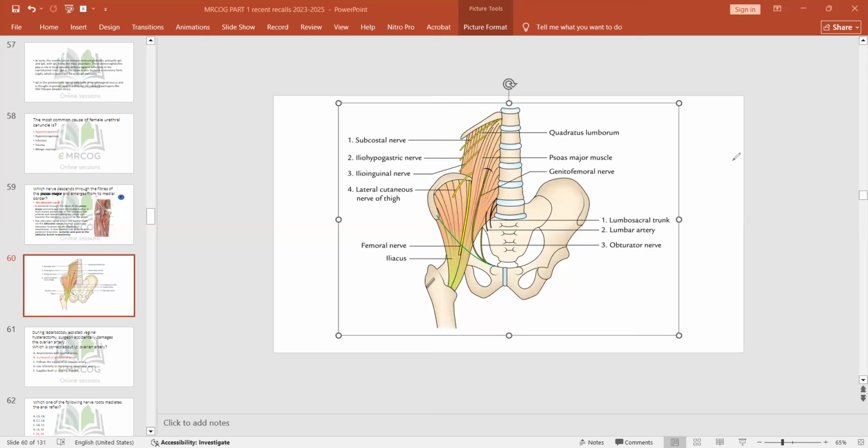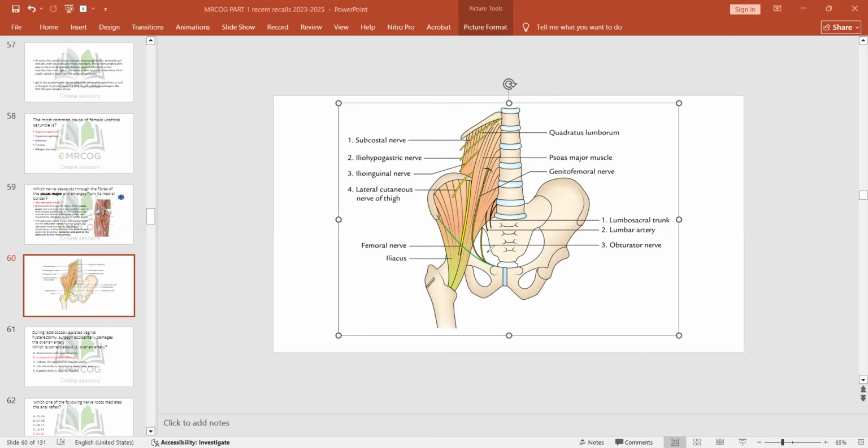Excellent. She's not going to be able to climb a stair. Why? Because the femoral nerve is the main nerve for the hip adductors. So she's not going to be able to raise her hip up and climb the stairs. While obturator, if it's injured,